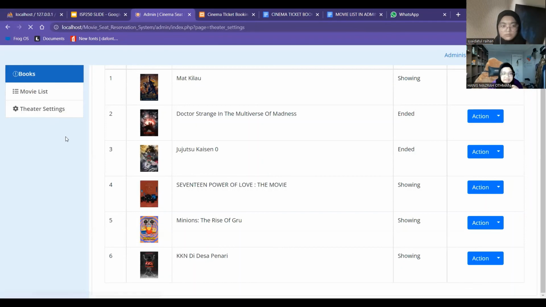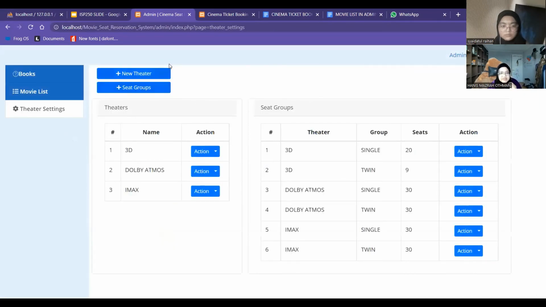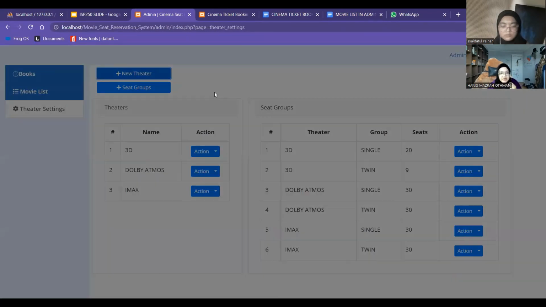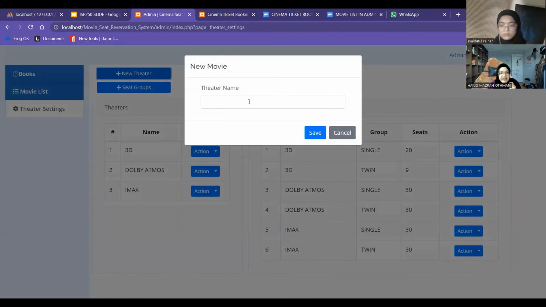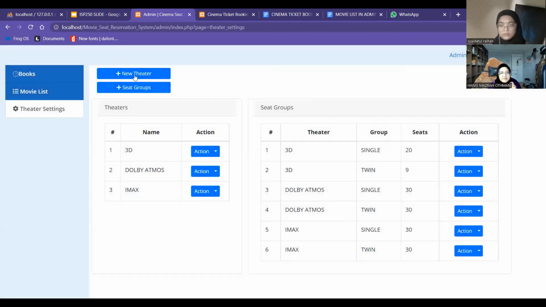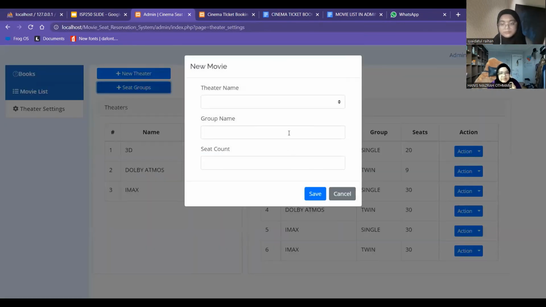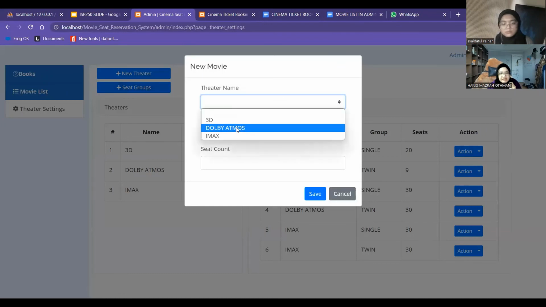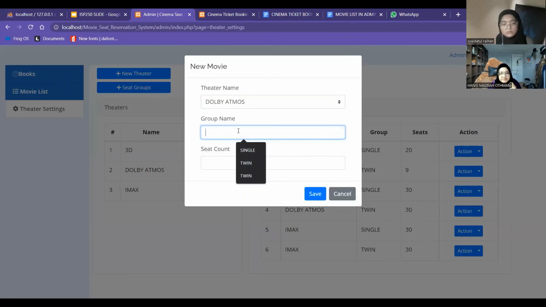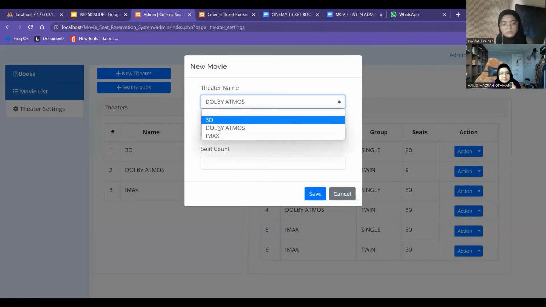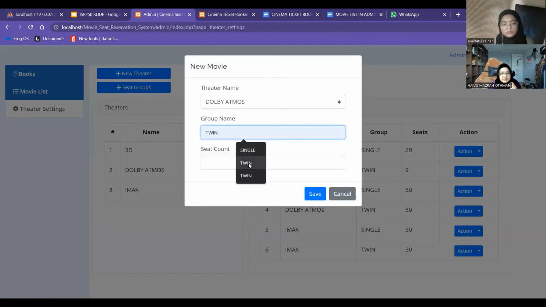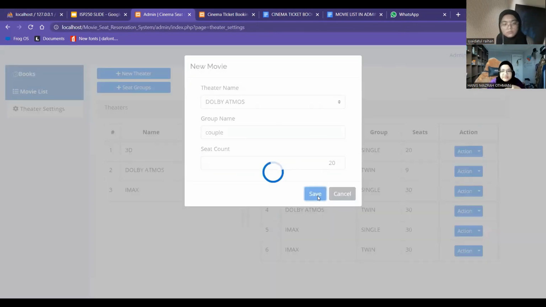Next is the theater setting. Here the admin can add a new title and the seat group by choosing the title names and adding the group, and the amount of seats.